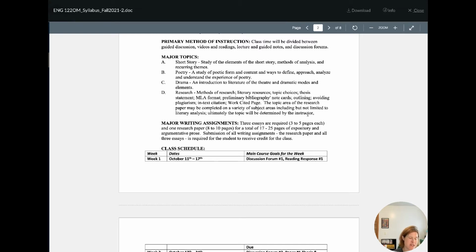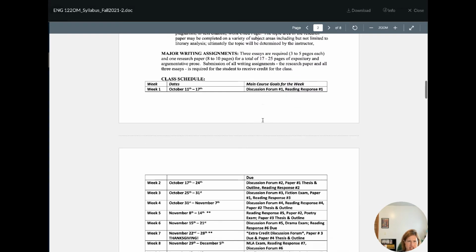The drama paper will be a very short unit, because I try to give you a little more time to work on the research paper since it is longer. Your regular papers are just 3 to 5 pages, pretty manageable, double spaced. Your research paper is longer, and when we get to it, we'll talk more about it. But the idea is that you are going to be writing a lot of prose and analyzing these stories.